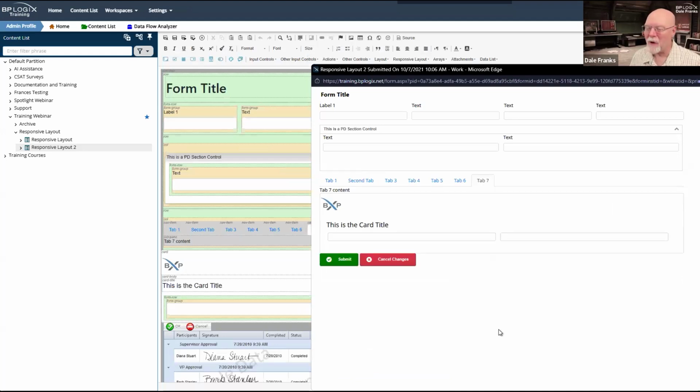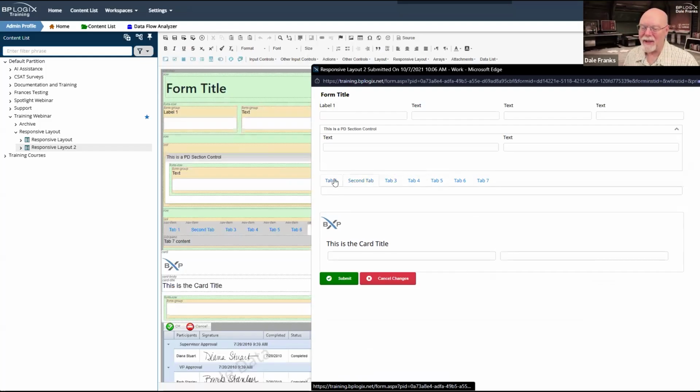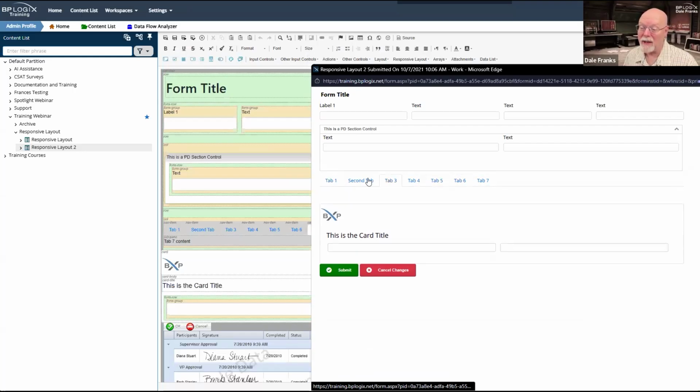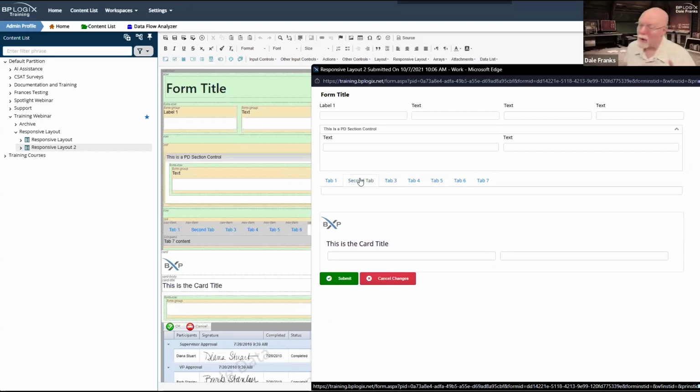I'll leave that to you for homework to figure out how to make accordion controls work if you want to do that. But the tab controls in this, I really like. And you can provide a tabbed interface. What I don't like about the tab controls is that in Bootstrap, the tab controls are always horizontally aligned. In Process Director, we can align them vertically.